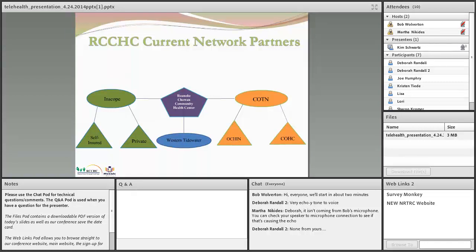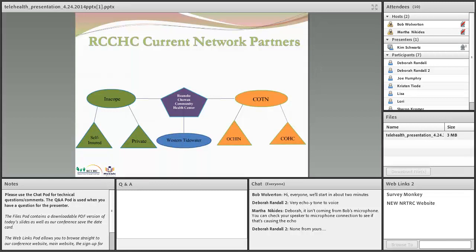The COTN is the Central Oregon Telehealth Network, and we've been funded twice back to back with HRSA, OAT, that's the Office for the Advancement of Telehealth network grants. So our first one was with the slide I showed you prior, and the second one is with the Central Oregon Telehealth Network. That does not involve at all any engagement in North Carolina, but it does involve a public-private and network partnership.